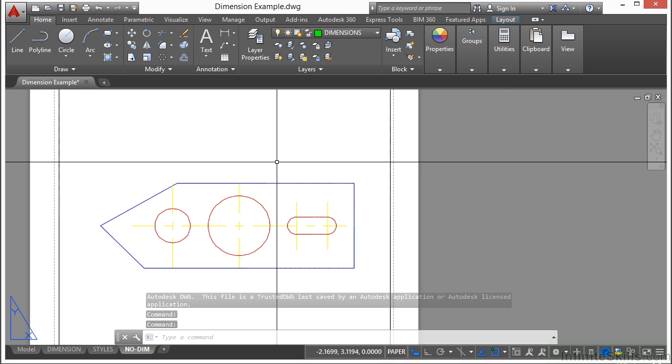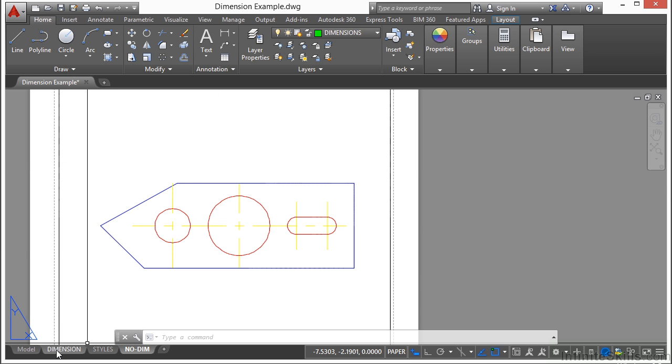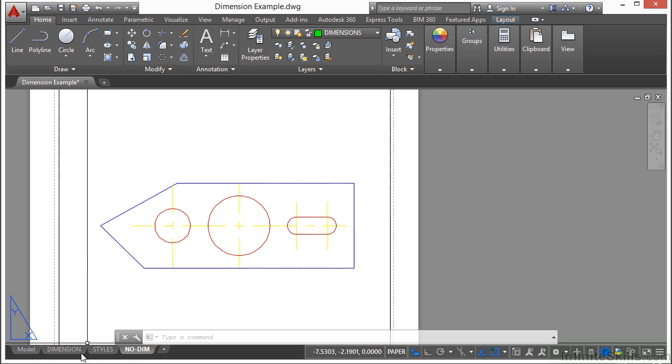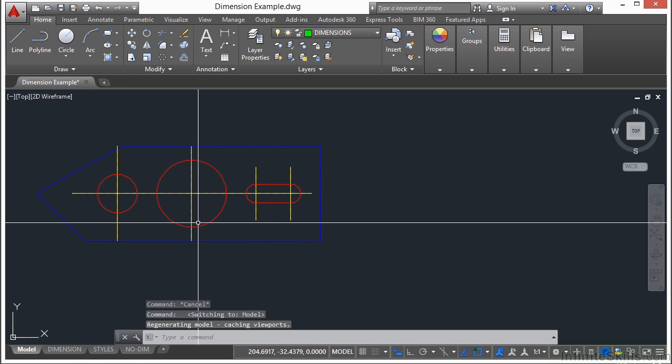AutoCAD is organized into two working environments or spaces to help us accomplish this task. They are represented by the Model Space and Paper Space tabs. You can see them down here on the bottom of your screen. The Model Space tab, and then the others are Paper Space tabs. These tabs can be hidden, appearing instead as buttons on the status bar at the bottom center of the application window. Now, if you don't see these tabs, you can turn them on by right-clicking in the buttons and clicking